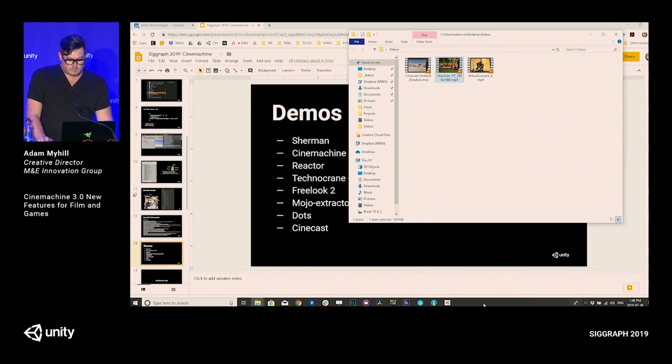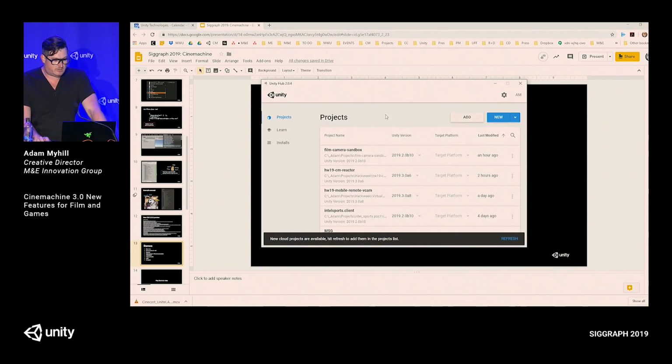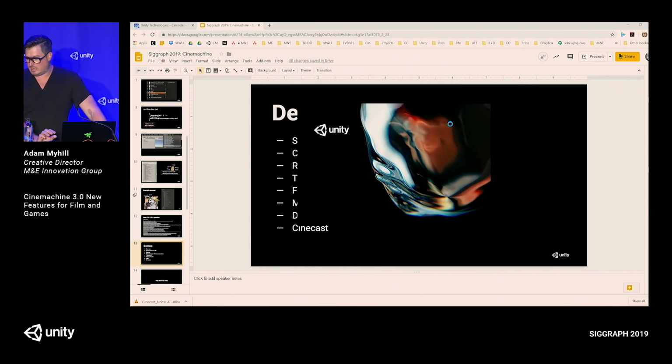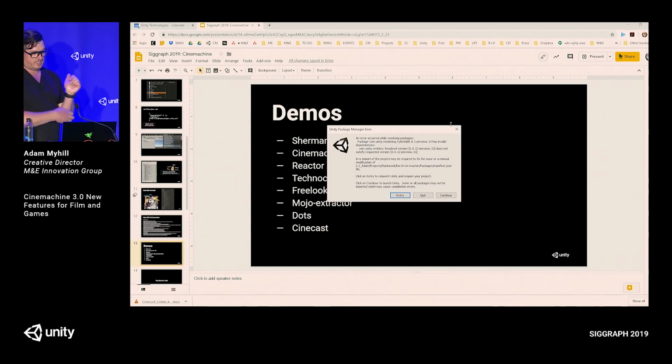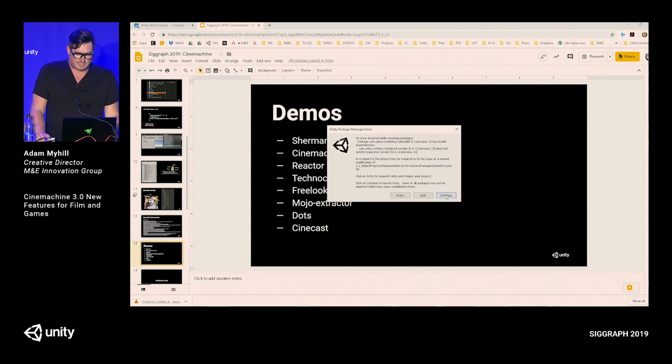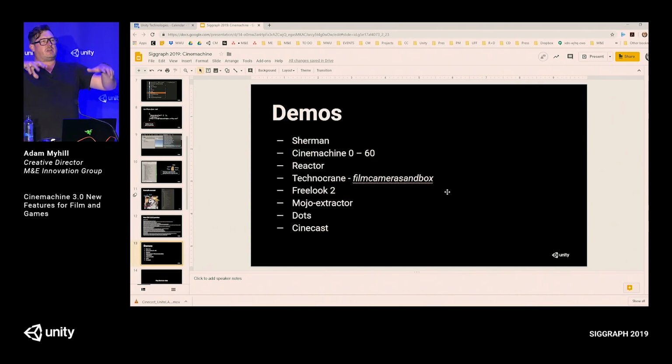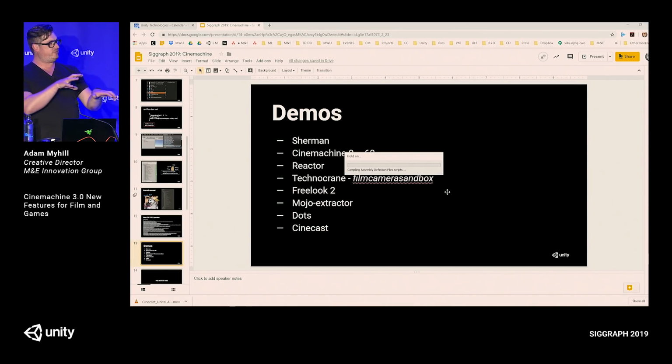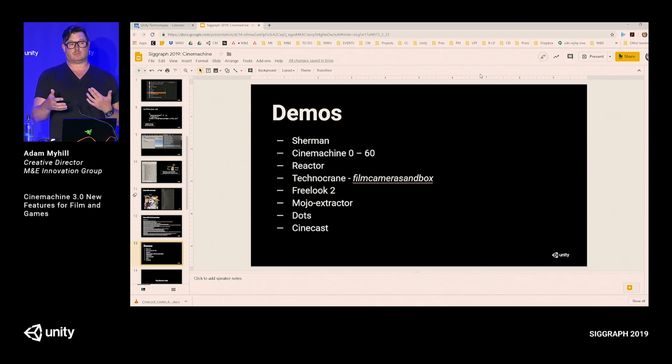So we're gonna go straight into the deep end. This is a new feature called Reactor. I started doing this stuff when I used to work at Electronic Arts, where I did the cameras for the Need for Speed series, the driving games. In a driving game, the physics of the vehicle are so much also the physics of the camera: the elasticity when you hit the brakes, when you accelerate, and feeling the corners. There's this dance between the camera and the subject.